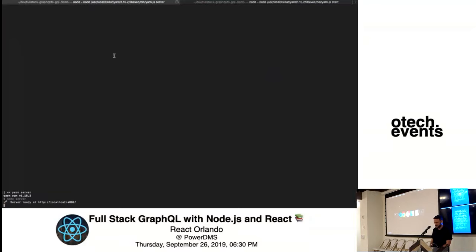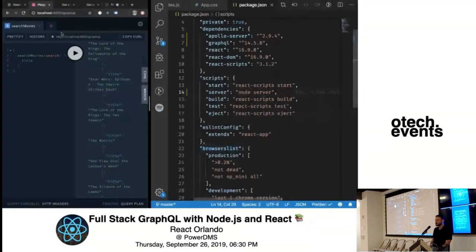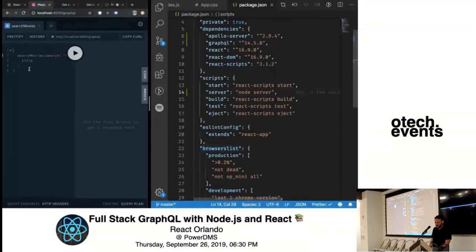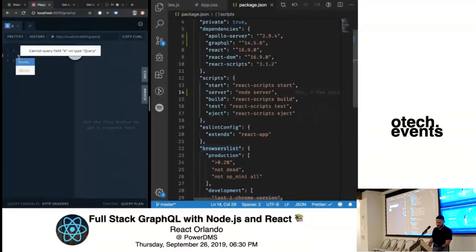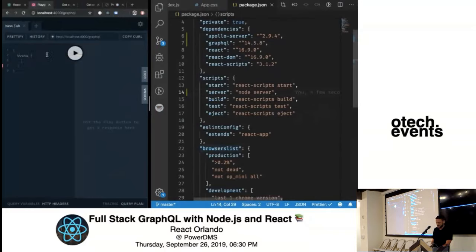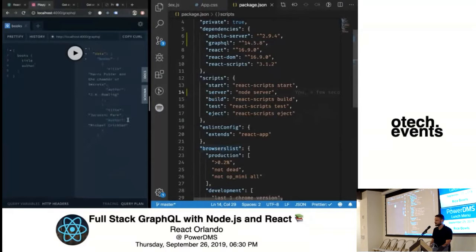Magic. Okay, so if we go back to the browser, Apollo server does a cool thing where it exposes the GraphQL playground by default in the dev environment. So if I want to do something here, I just typed a B, and it's like, oh, do you want books? So it's going to give me lots of helpful hints about what I can do. So I'm now defining a books query, and I'll just give it the 2 fields that are available, which are title and author. And I run that query, and I get back that list of books that we passed to the resolver, right?